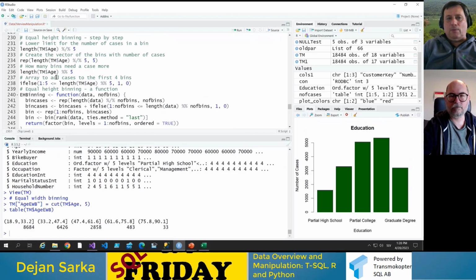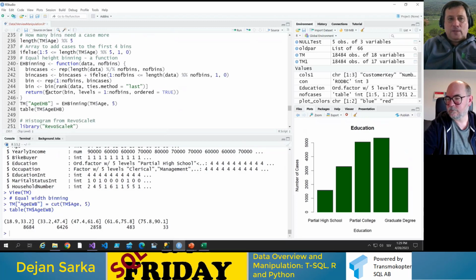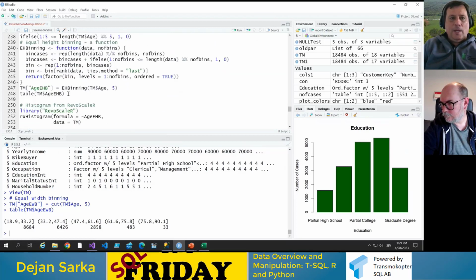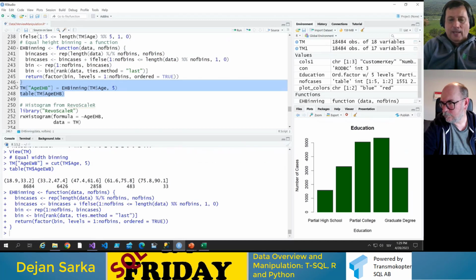I will share this code. I will send it to Magnus, or you will tell me where to share. Or I can even share it here later in this chat. But this is step by step how I created the equal height binning function, right? That will do the same thing as NTILE in